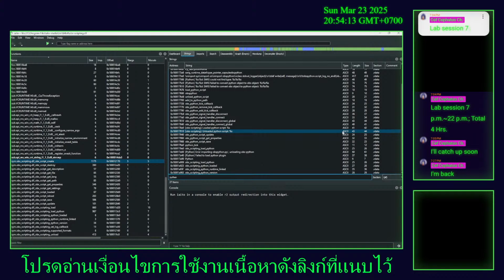Yeah, hang on. Switch Python failed. Invalid Python DLL, could not load Python. Set Python OBS Python. Okay, so